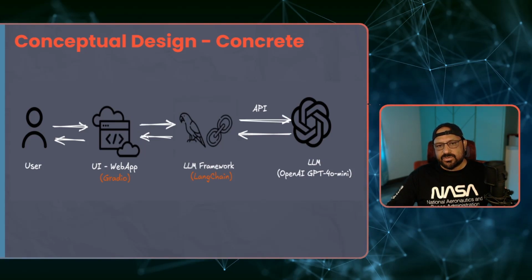In the previous slide, we saw that the UI is directly talking to the LLM, but in our case that's not what's happening. It's very well possible to write front-end code that directly connects with an LLM. LLMs provide their own APIs, which we discussed already in, I think, video 2. The link is in the description below, so you can check that out. Every LLM provider provides their own set of APIs through which you can connect. But in our case, we are going to